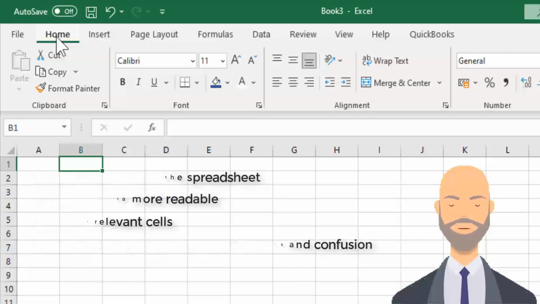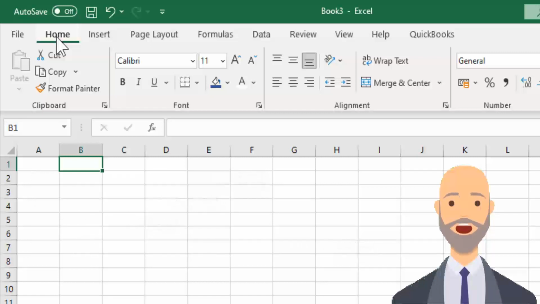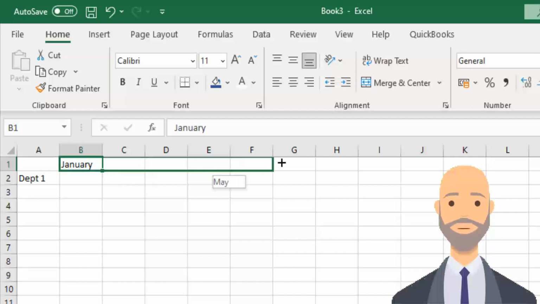Now let's create a table. I'm going to start by typing January in cell B1. And let's add Department 1 into cell A2. If I click on cell B1, you'll notice in the bottom right hand corner there's a little tiny square. If I move my cursor over the square, you can see the cursor changes shape and it changes to a cross. If I click my left mouse button, hold it down and drag it,